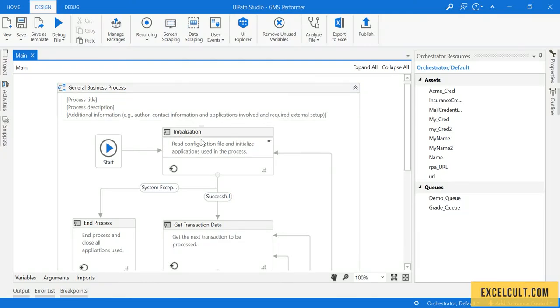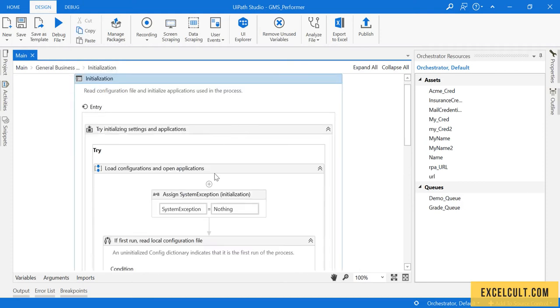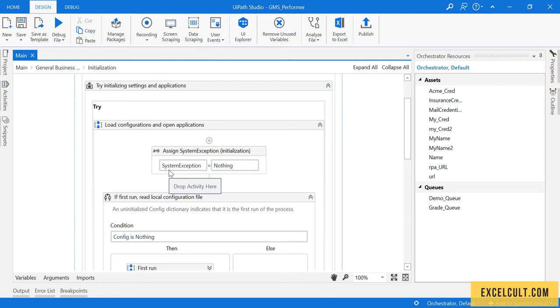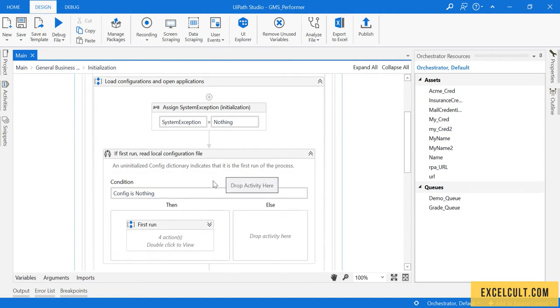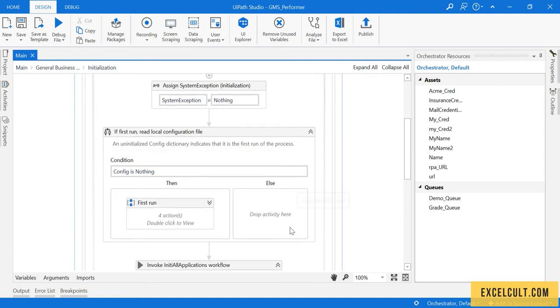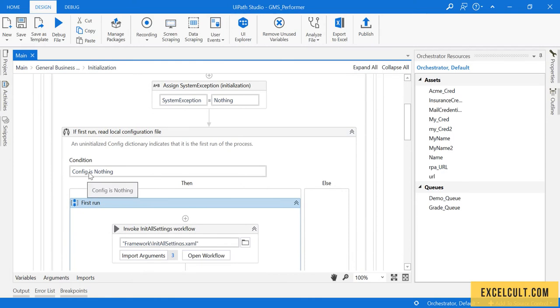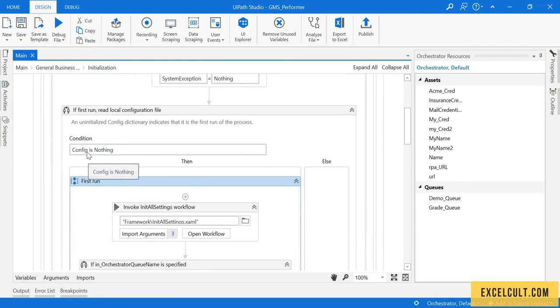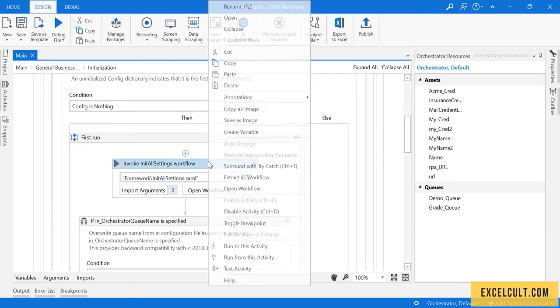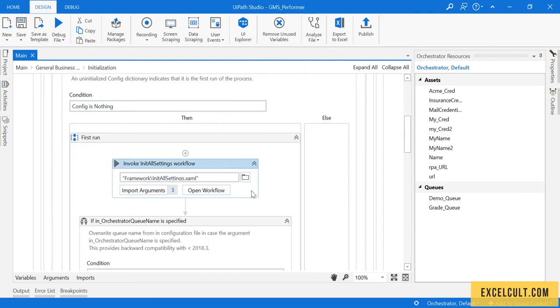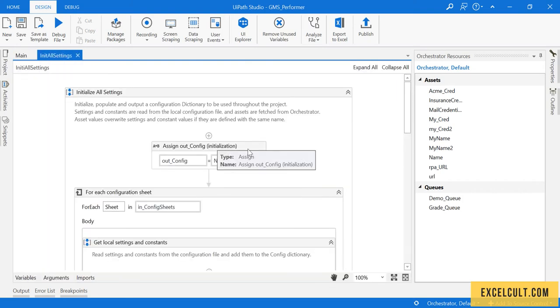Now, let's look at the different states available to us. The first thing, initialization. Open this and we know that the system exception will be nothing for the first time, and this part will be executed when we are having the first run. Because the first time configuration variable, which is a dictionary, is nothing, it will go into it, and this particular XAML will be executed where